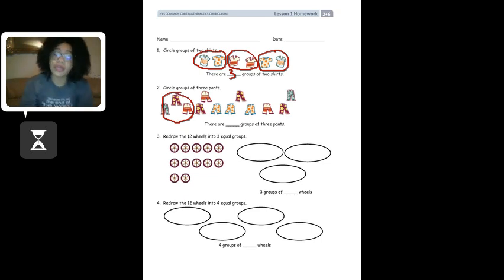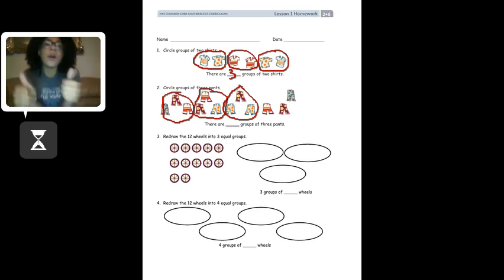Then I'm going to make another group that has 3 pairs of pants in it. So I'm going to circle 1, 2, 3 pairs of pants. That's a good job. And then next, I'm going to circle another group of 3 pairs of pants. So I'm going to circle 1, 2, 3 pairs of pants. Good job. We're almost done, but I still have, let's see, 1, 2, 3 pair of pants that doesn't have a group. So we're going to get our red pencil and we're going to circle 1, 2, 3 pairs of